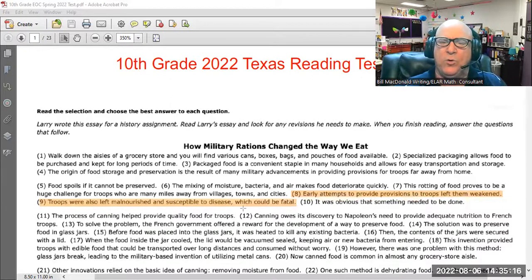Since I already know that troops is my subject in the first sentence, that the troops are weak, I can use a pronoun. So what you might do is if your kids can do it, then probably have them draw what I would call a little brick